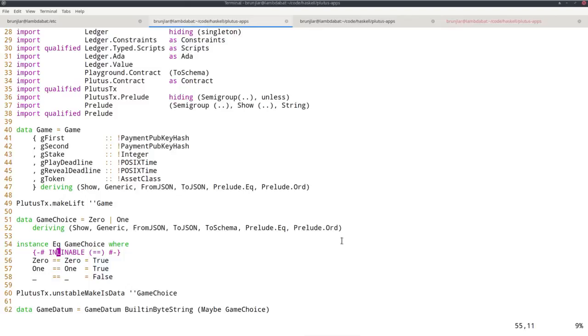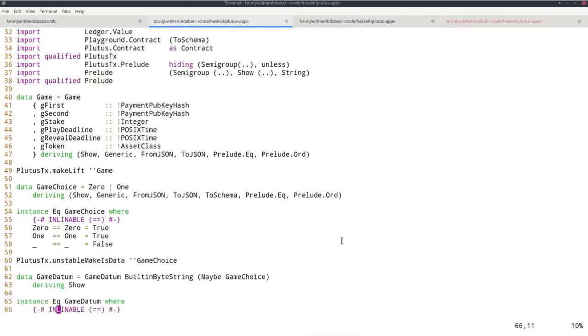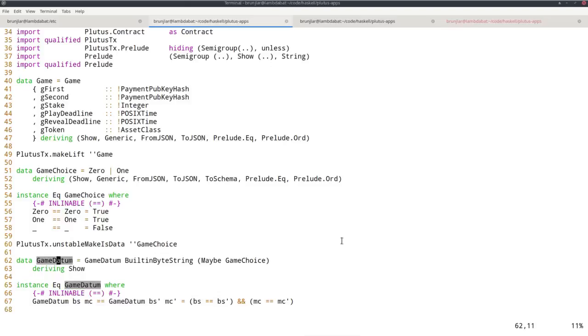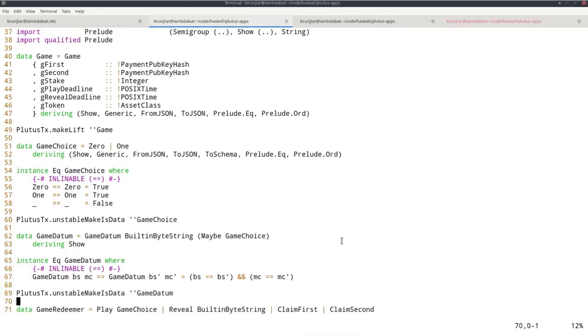equals operation. And game datum is what I will use as state for the contract. And byte string is the hash that the first player submits. And maybe game choice is the move by the second player. It's a maybe because in the beginning, the second player hasn't yet moved. So then it will be nothing, and once the second player has moved, it will be a just. And same thing, I also need Plutus equality for game datum. And just also the obvious one that 2 are equal if both components, the hash and the maybe game choice,